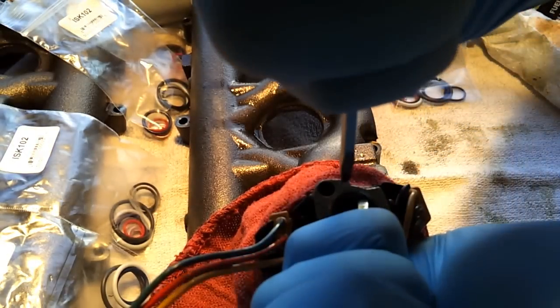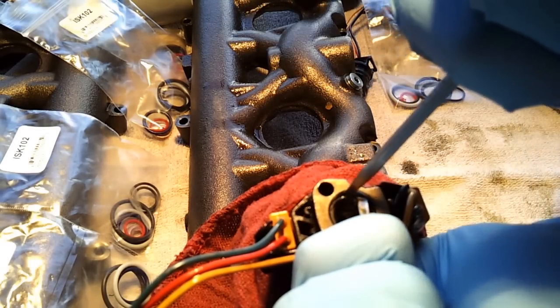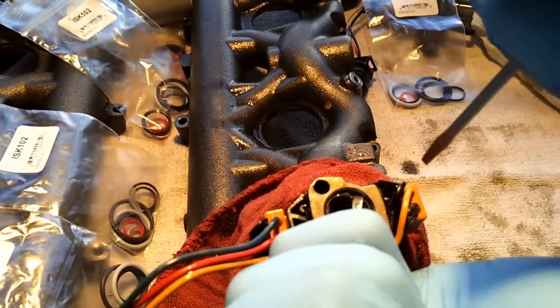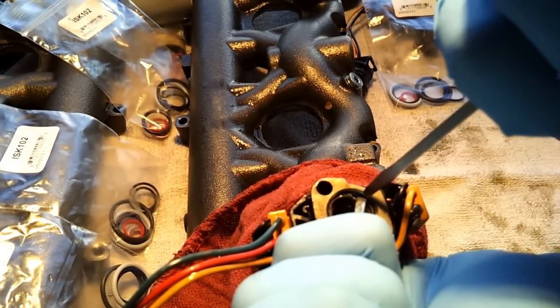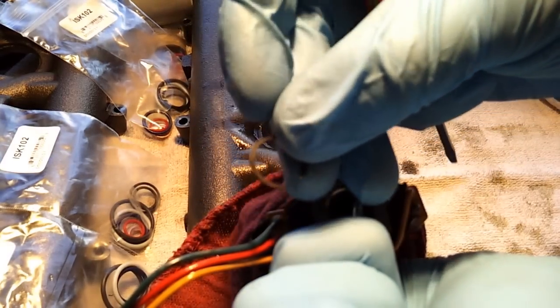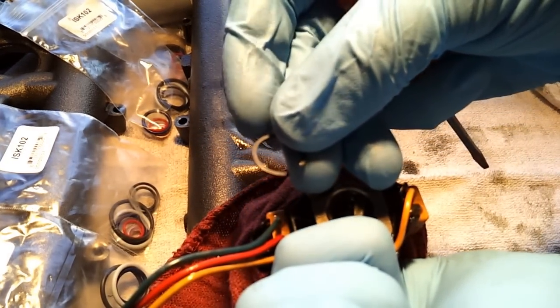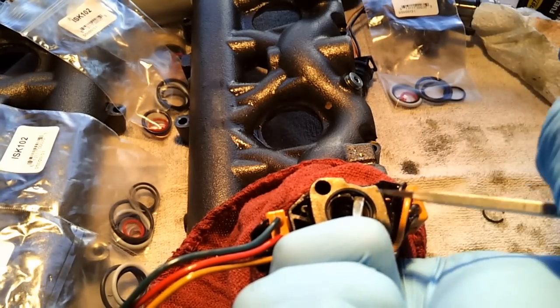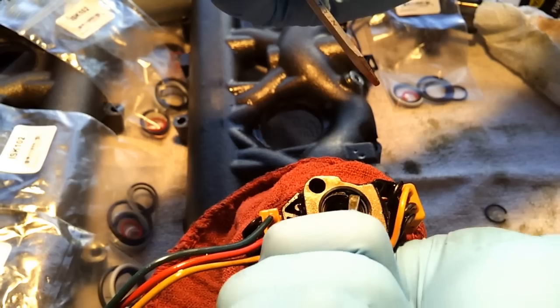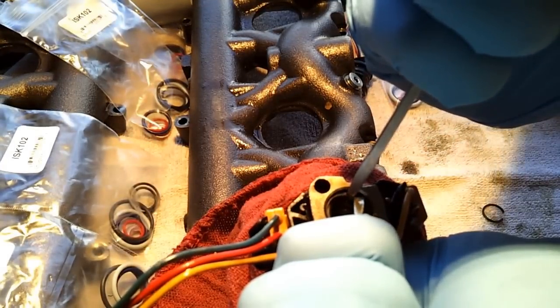I used to do this by just catching the end and pushing it down into the body and then sliding it around, and then you can catch the end. But having this other screwdriver here really helps to catch the end. Now if you've got OEM clips in there, they have a slightly different edge on them. They might not have a nice edge to catch. So in that case, you can stick another screwdriver in there. You're going to catch the end and push down into the body of the injector